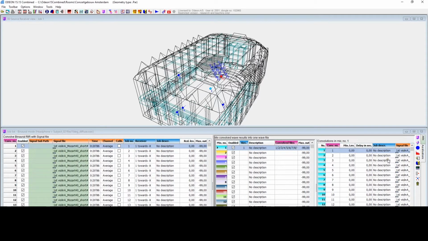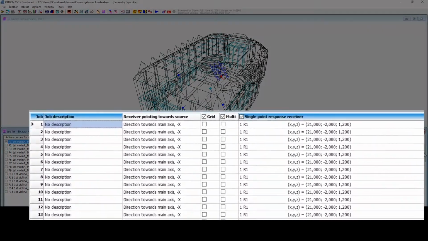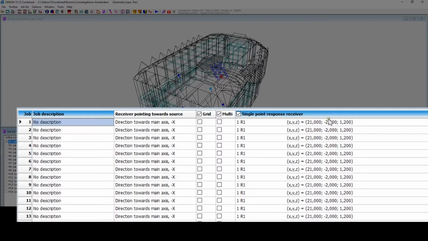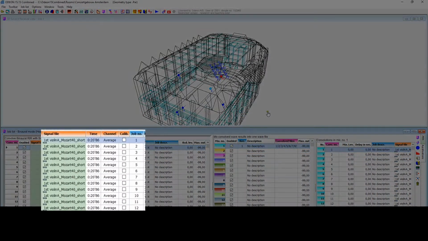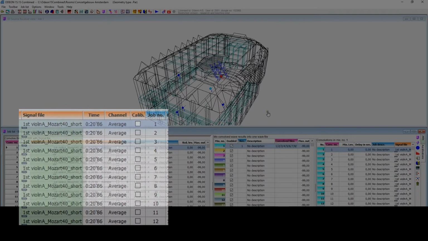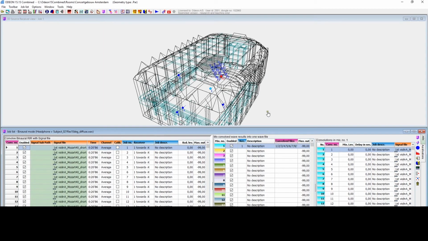And then Odeon has actually created not only convolutions, but also here back in this page, all the impulse responses. Where are you looking? Which position are you sitting in? And then convolving the impulse response with the signal and then mixing it together into one final file. I'll just show that you could do it the other way around. So we make another mix, and this will be completely identical, really.